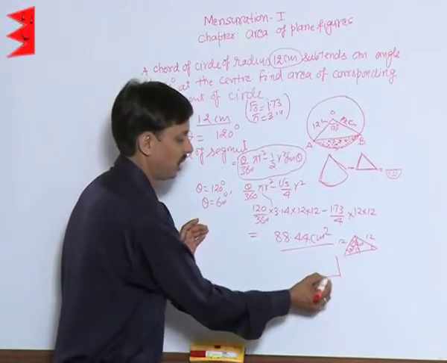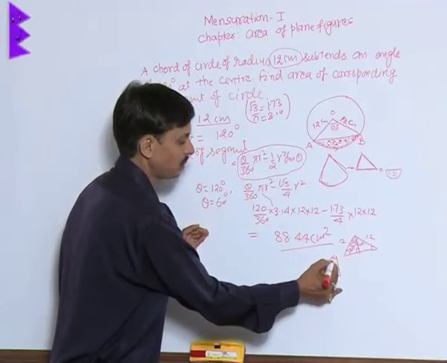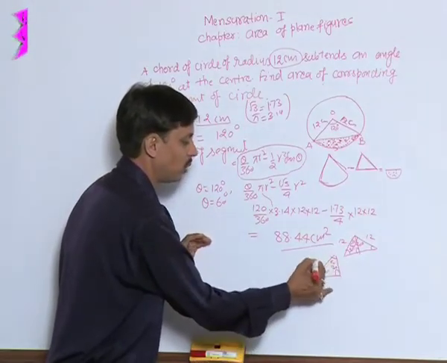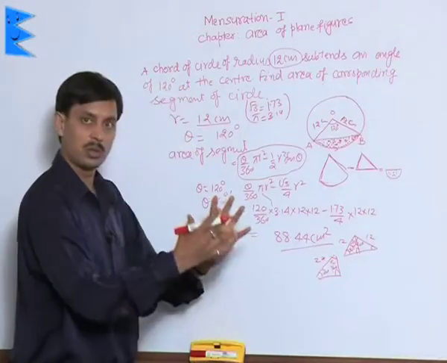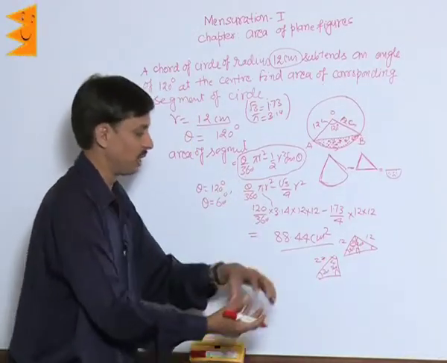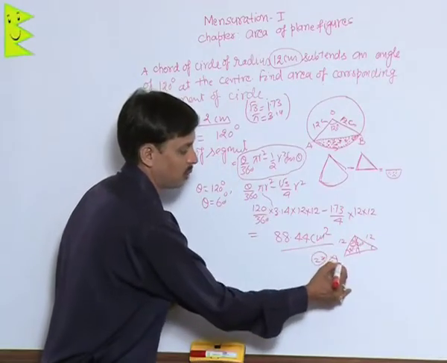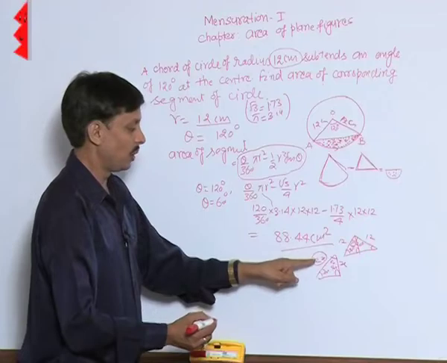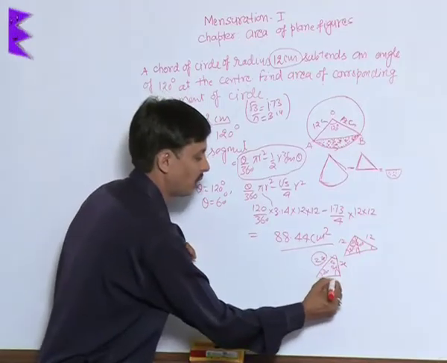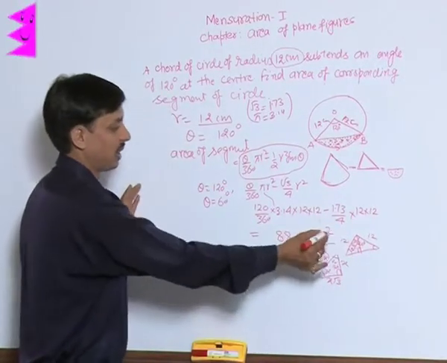In a triangle of 30, 60, 90, we know the side opposite to the 30 degree angle. Suppose this is 30 degree angle, this is 60 degree, this is 90 degree. Suppose the hypotenuse is 2x, then it is always true that the length of the side opposite to the 30 degree angle is half of the hypotenuse, that is x. So if this is 2x, this is x, with the Pythagoras theorem this is x root 3. The same can be applied in this triangle.